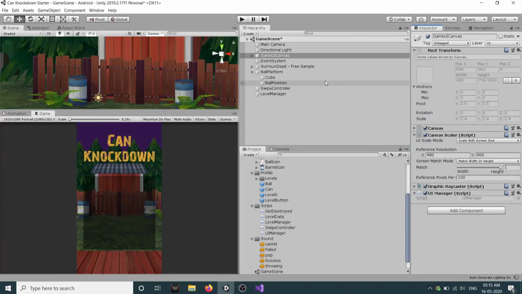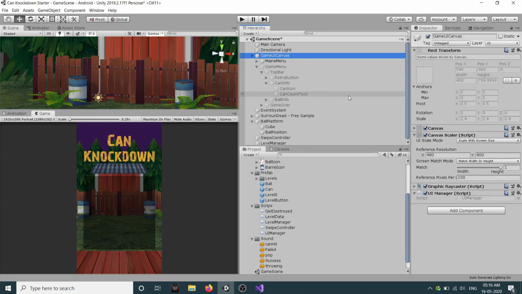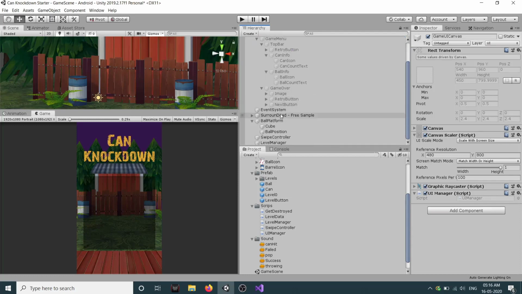So if you go back to our editor, you can see in our game menu top bar we have our can information, which shows our can count, as well as our ball information, which shows our ball count. Then we also have game over panel, which has a retry button as well as a next button.